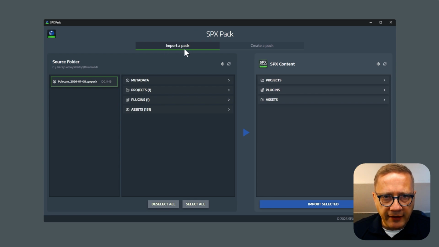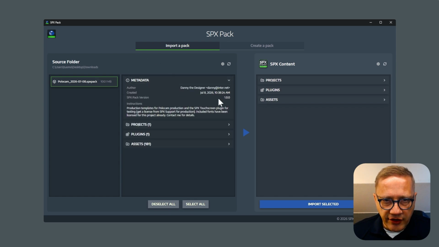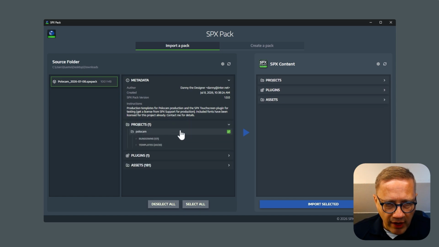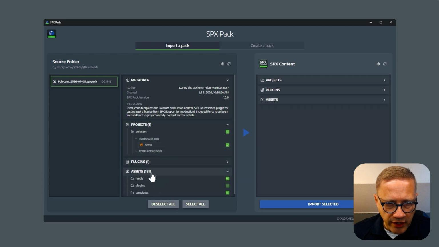We are in import the pack mode, and we have our file selected here. So it is going to show us what this file contains, this SPX Pack file. So we have some metadata. Danny the designer has given this to us, and it has instructions and production templates, and we can see that it has 1 project. It's called PoloCam in this instance. It has 1 rundown in it, and it has plugins, an SPX touchscreen plugin, and 181